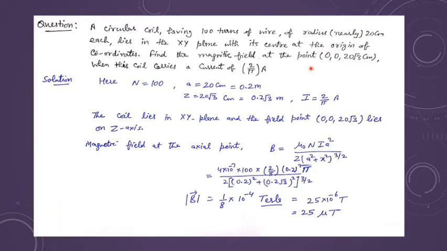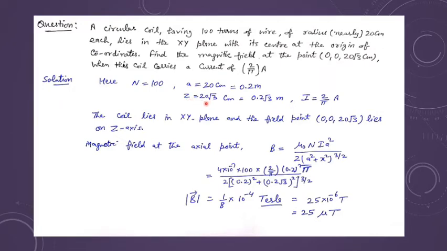And the current in the coil is also given in the question, that is 2/π amperes. So whatever is given in the question: the total number of turns, capital N, is 100, the radius, because in the derivation we have taken it as a, so I am writing a only, that is 20 centimeter, which equals 0.2 meter if I convert it. This z-axis distance is given, or you may call it x. In the derivation we have assumed it as x in the formula.